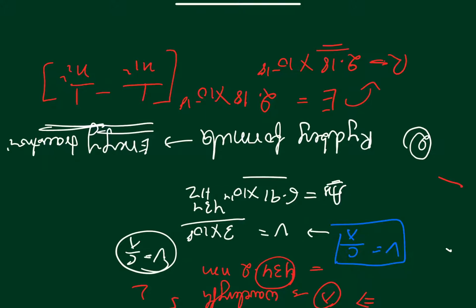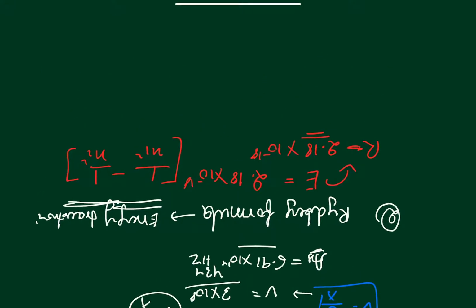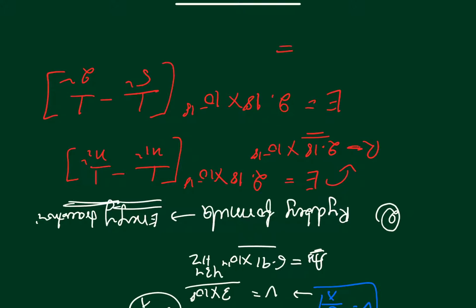Okay, so now you can get the transition energy from this. Your energy expression will be 2.18 into 10 power minus 18, 1 upon n1 square minus 1 upon n2 square. Here n1 is your 5 square, that is 1 upon 25, minus 1 upon 2 square, that is 1 upon 4. From this you can calculate the energy. On calculation, this energy will come out to be 4.58 into 10 power minus 19 joules, okay, with the minus sign.